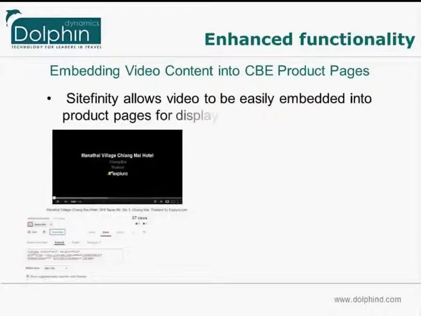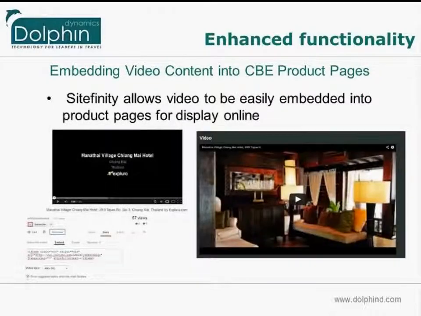Okay, just following on from what Bradley said with regards to the new look and feels that we've shown you with regards to a consumer booking site using the web publishing piece through Sitefinity, it enables you to embed some videos into the site as well. So if you've got your own library of videos within your network, or you're going to use